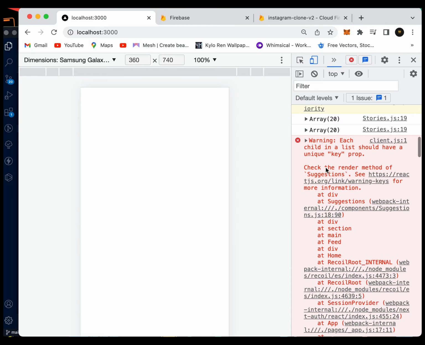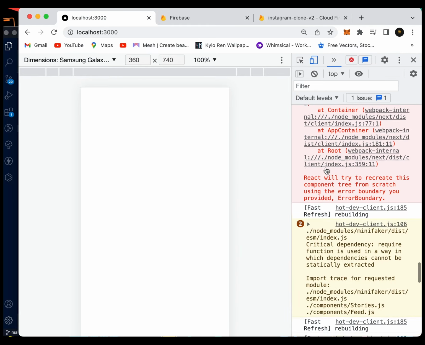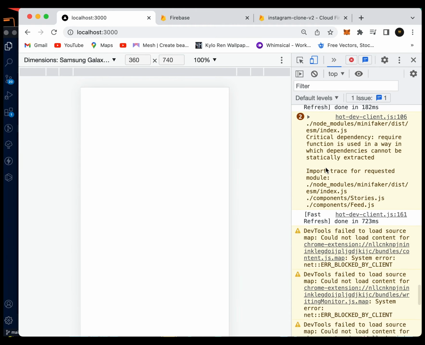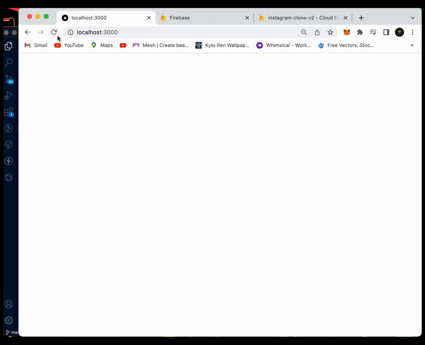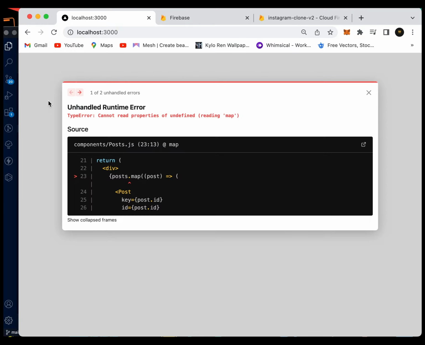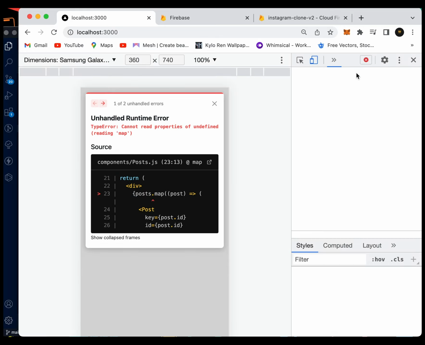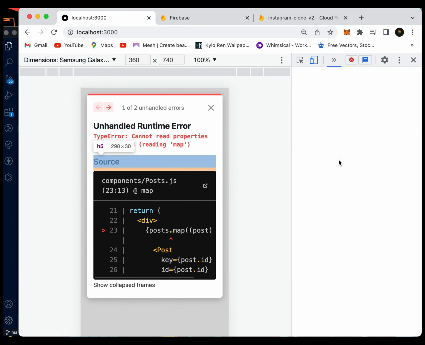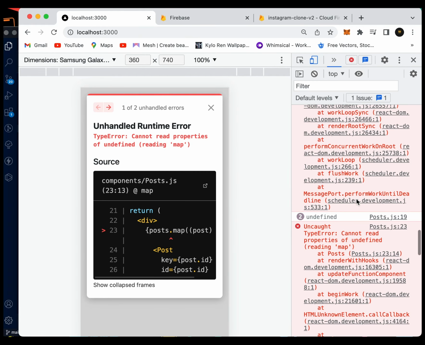I'm looking for an array from post, header. Cannot read properties of undefined reading map. I understand what you're saying. But I want to see if I get a